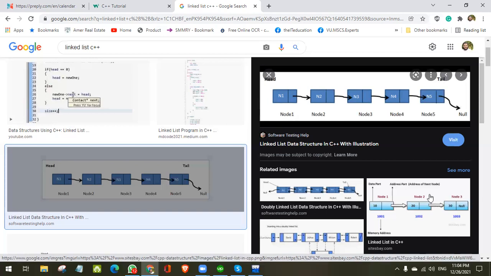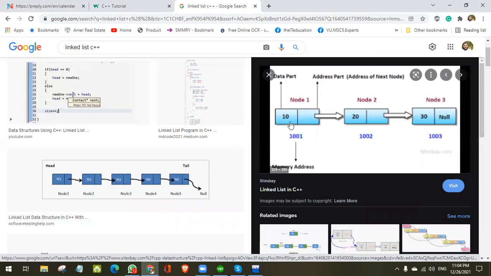Look at here, this is an integer node. You can see here, 10 is stored, and here nothing is stored. But here the address of this memory location is stored. And this is null. The node which contains null in its next pointer means that it is the tail node of your list. So this is the basic definition of a linked list. You understand?